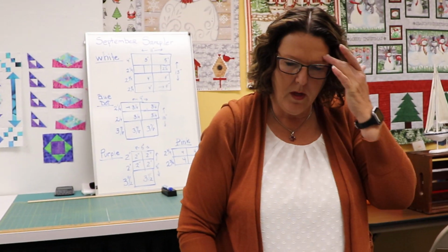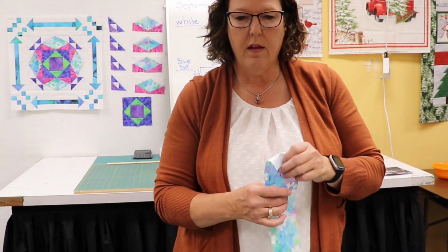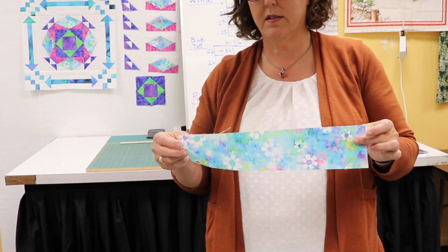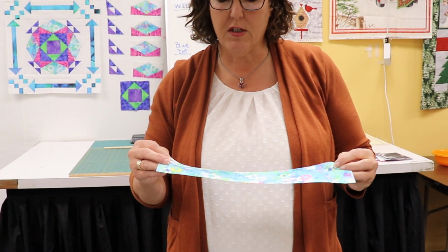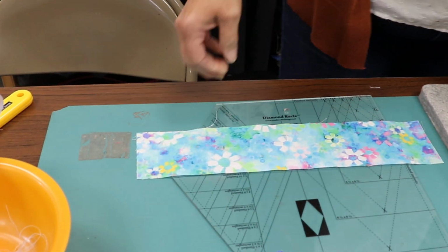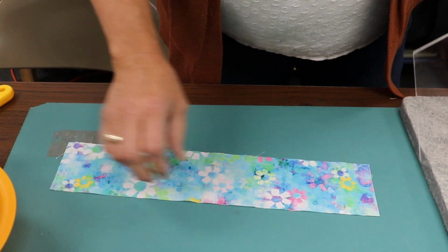So the Diamond Rex, we're going to go ahead and take the 3.25 inch. I didn't mark it down because it was only one cut. I believe this is 3.25 inches wide by the whole strip. So our ruler for the Diamond Rex